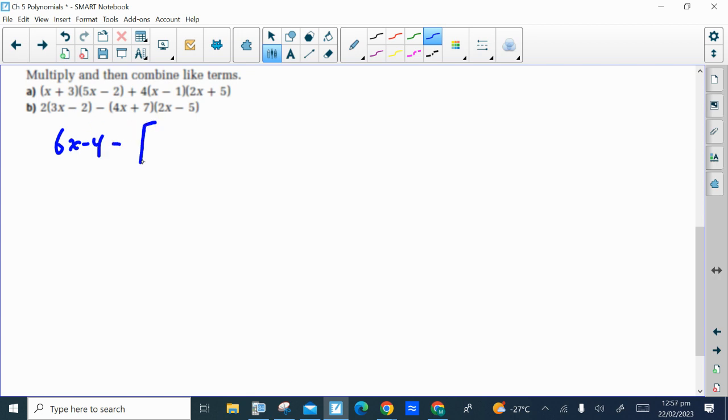And then we're going to have to subtract the product of those next two binomials. So because I have to subtract all of it from 6x minus 4, that's what the big square brackets are going to tell us, that they're going to subtract all of it. So using distributive property,